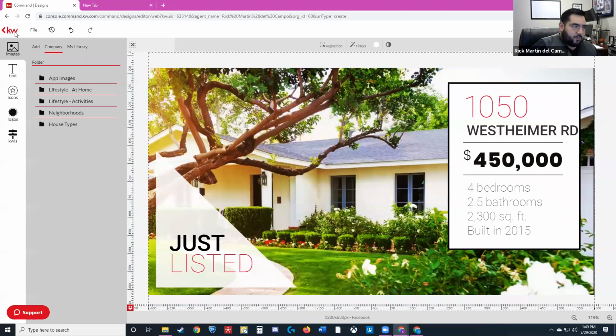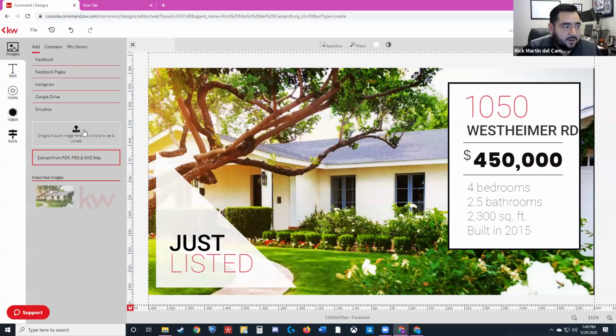So on the left, you'll be able to swap out images, swap out text, even change colors and so forth. On the left side, you'll see your tools. So you see your images. There are stock images that you can use. You'll see that you can add your own images here. You can upload an image if you've downloaded images or you've got high resolution ones that you want to use, like for print marketing, you can upload them here just from your computer.